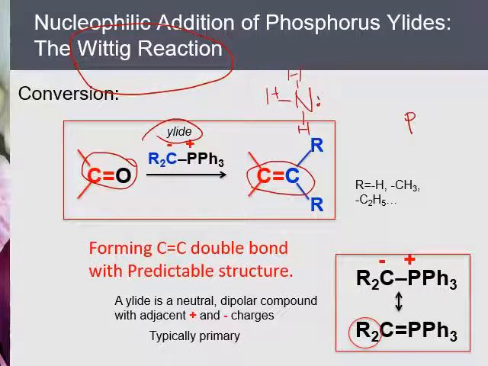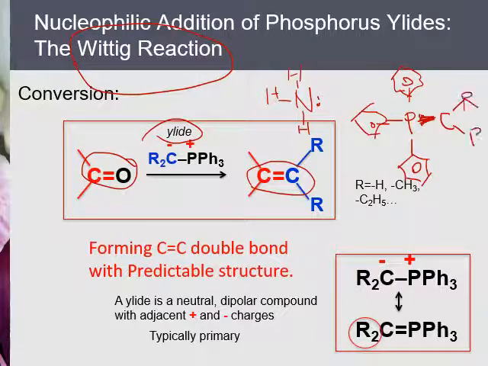If the substituents are benzene rings, this is called triphenylphosphine. Triphenylphosphine can react with alkyl halides followed by deprotonation, giving you a compound that has 2 charges on adjacent atoms, positive on phosphorus and negative on carbon, and this is called a triphenylphosphorus